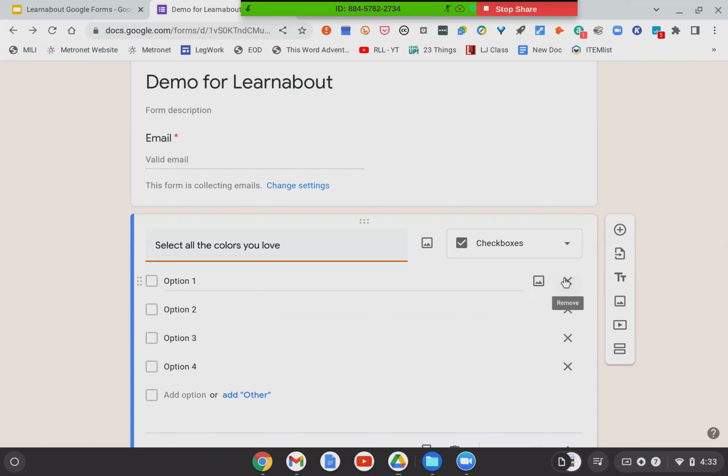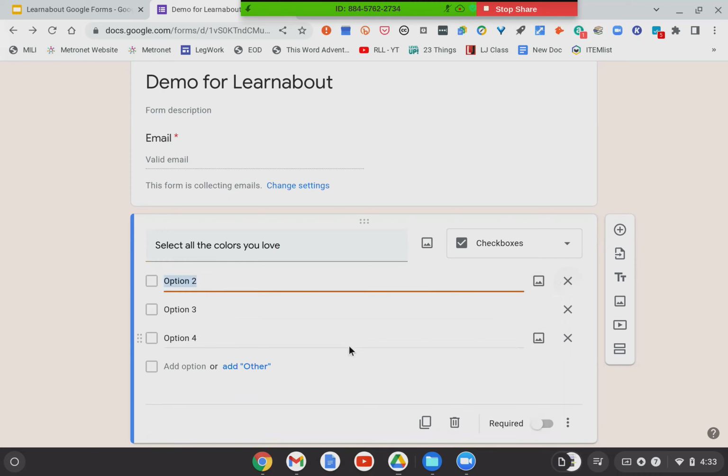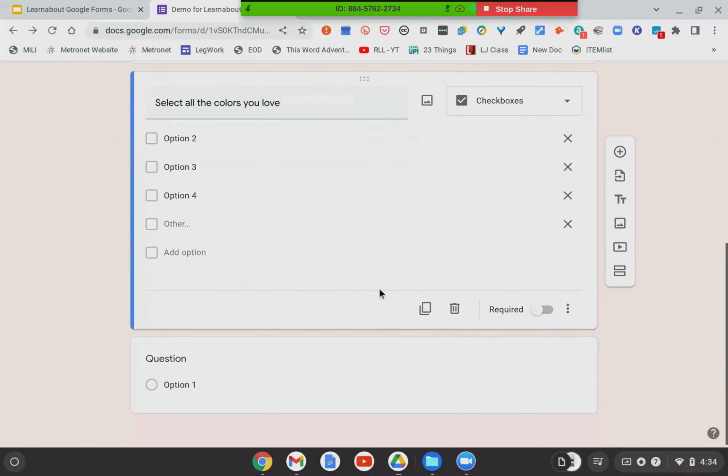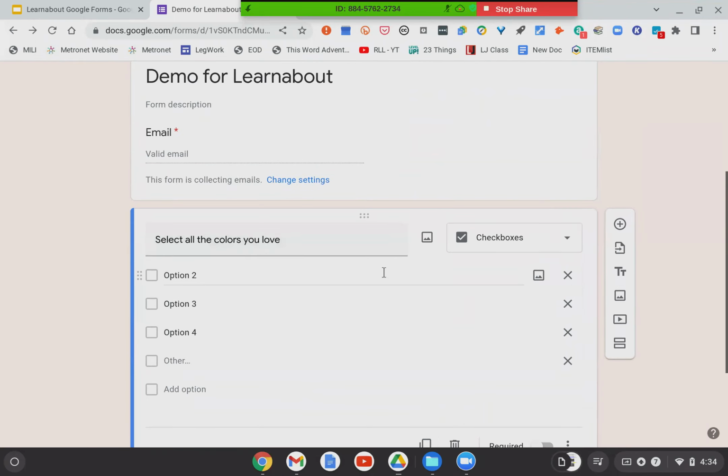You want to get rid of an option. Turns out it doesn't quite work for you. It's just a real quick X right there and it goes away. And then there's always the option to add other. So if you're giving them specific options, you can say other, and then it will give you that with a form so that they can type in, no, I don't like red, black, or chartreuse. Instead, I like violet, kind of thing. So a lot of different options on how you set up your questions.